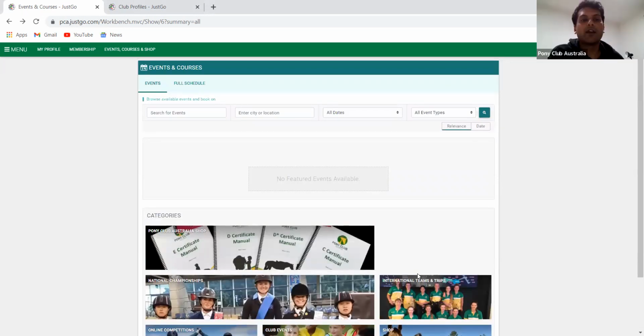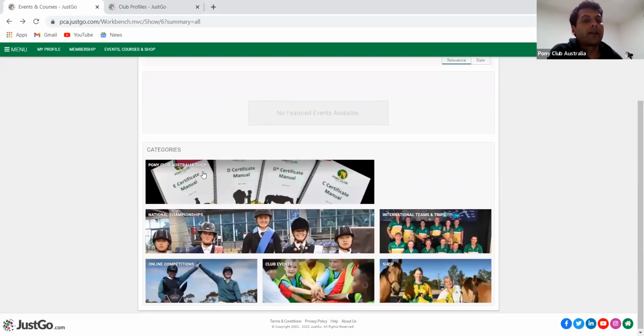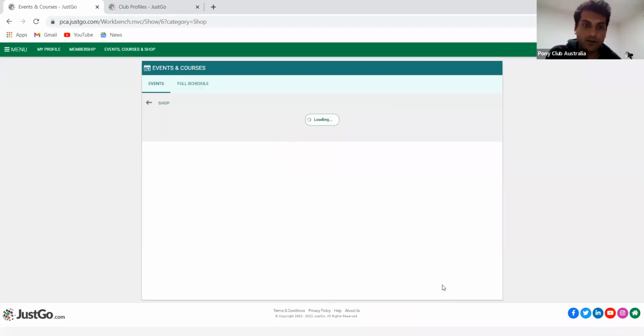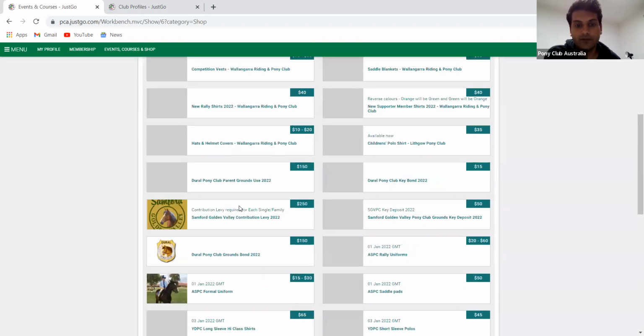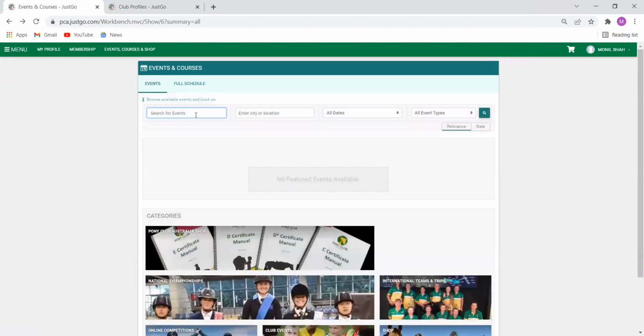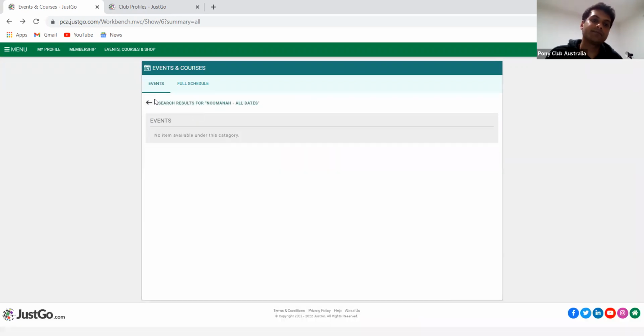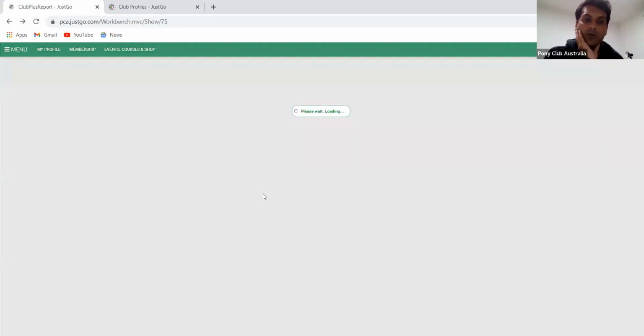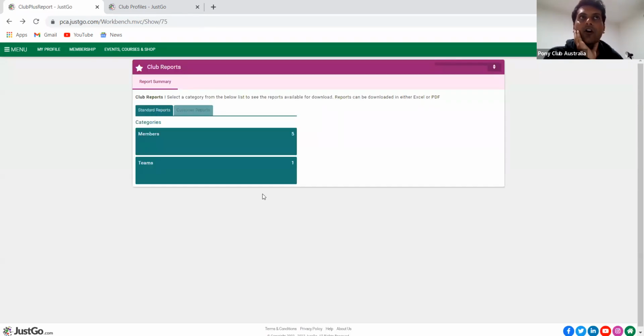So you can come over here for the events and closes. You can search for them. As you can see, you've got Pony Club Australia shop, all these kind of events, and then you've got a shop of yourself. If you click on the shop, it won't be able to filter. You'll be seeing everything that is on sale right now. But if you search for the name of the club, it should come up. Again, I would recommend checking the date of